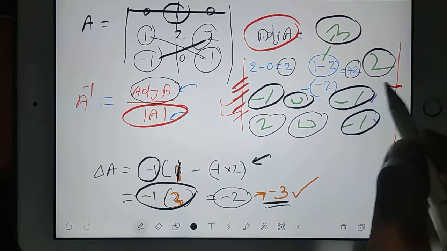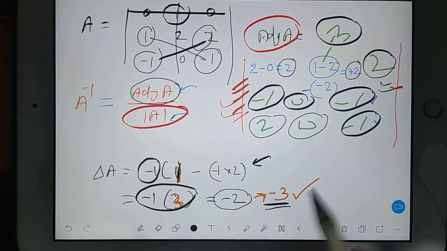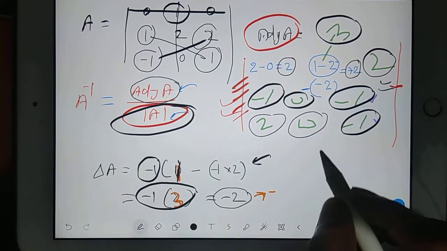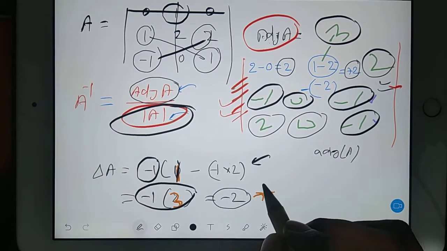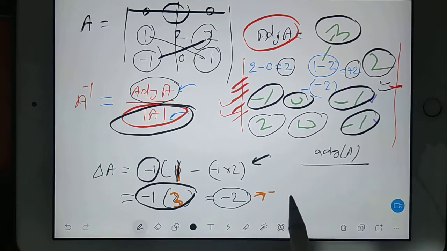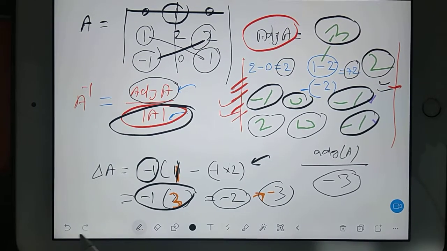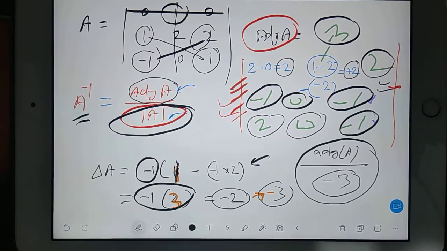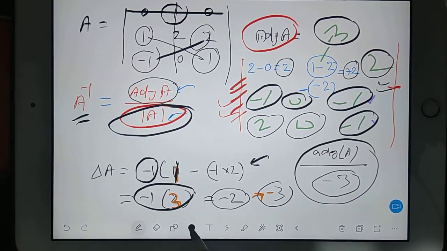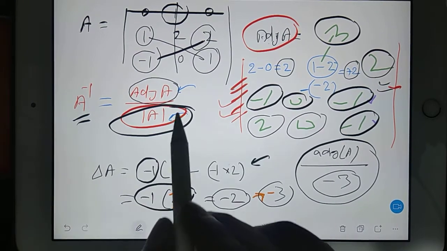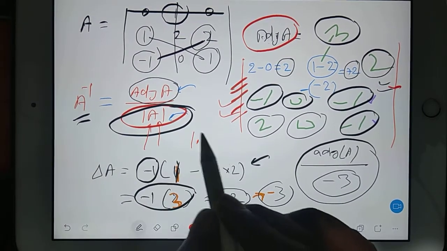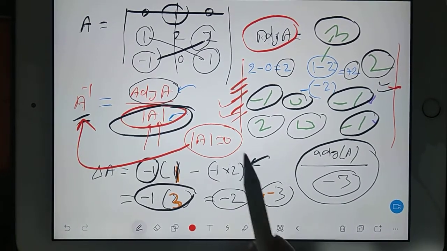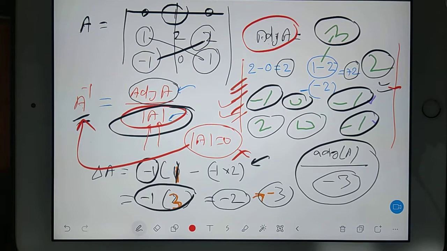So this minus 3 will be correct. Okay, so now you have to transpose that answer, and after that you divide by the det A answer. Whatever adjoint A you are getting, in that adjoint A you have to divide with this minus 3. That's all. The new answer you are getting will be your A inverse. Now one more thing keep in mind. If you are finding your determinant A as 0, then you can never go for A inverse. We don't find A inverse then. Keep in mind always.